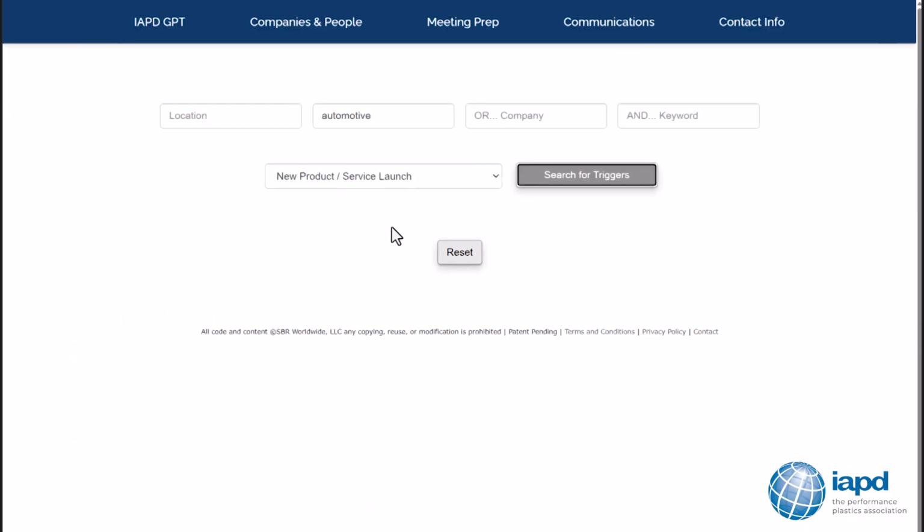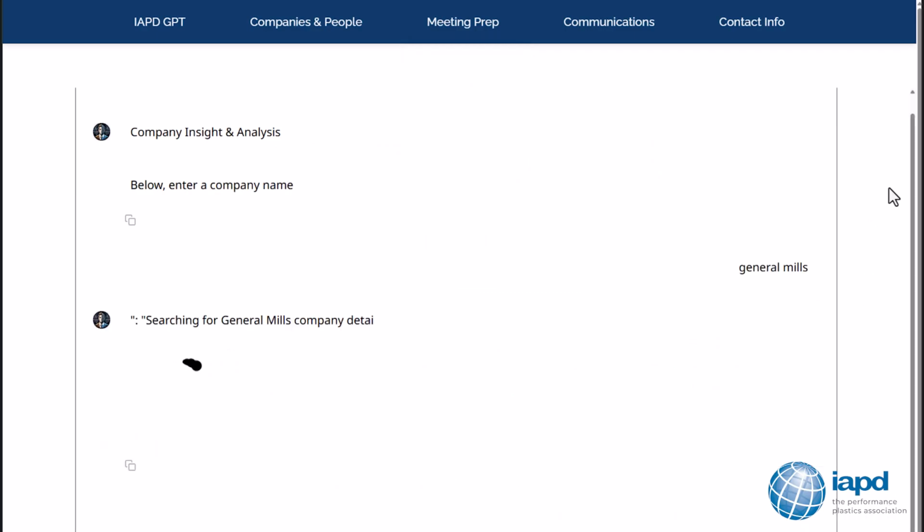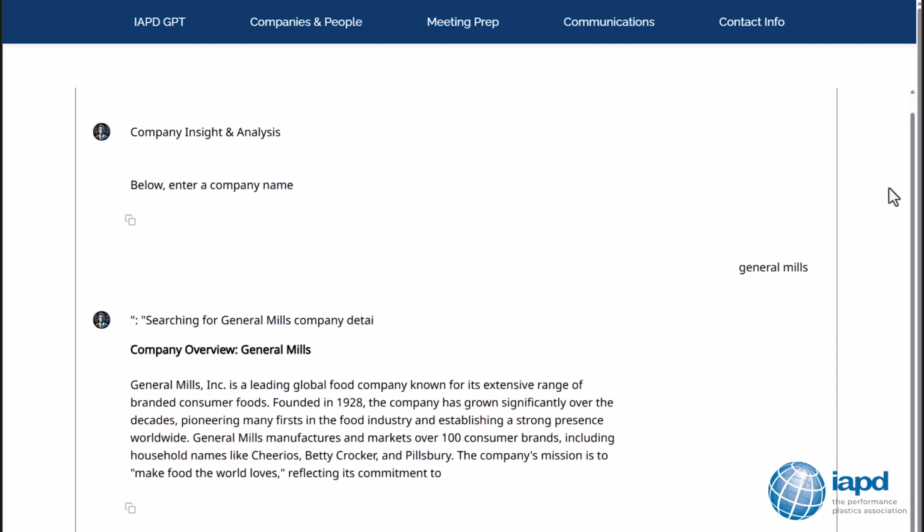Under meeting prep, we have company analysis. In my sales program, I talk about the 3x5. Spend 3 minutes trying to find 5 pieces of information, or 5 minutes trying to find 3 pieces of information. In the IAPD engine, you just type in a company name and it's really 3 seconds to find 5 pieces